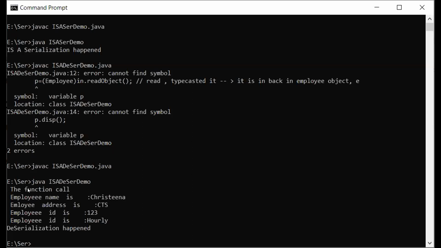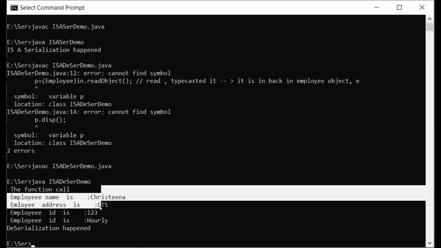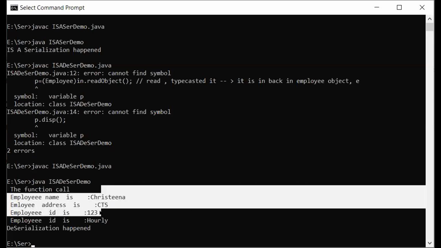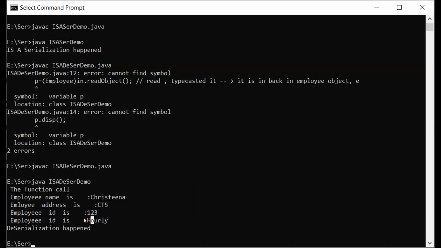Okay, I get Christina, CTS, employee ID. I even get the hourly. Hourly was something which we gave in the parent class through our is a relationship. What happened? The age did not get displayed. I believe in my parent class, I did not have SOP age. That is why age did not come. Anyway,